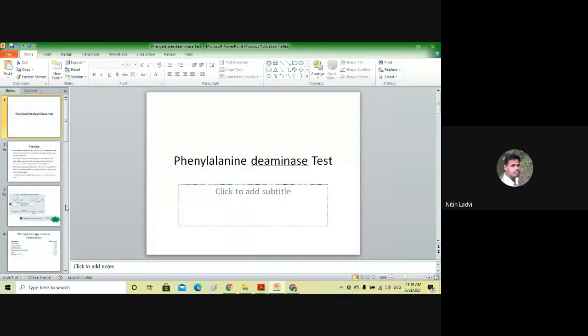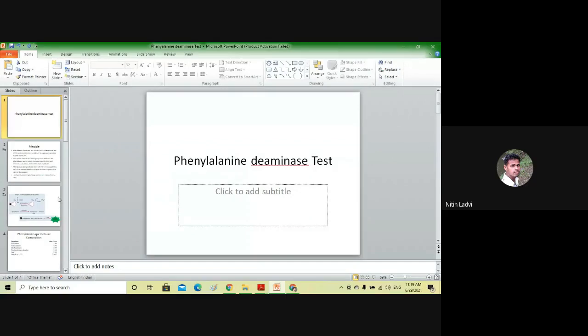One problem commonly arises if you perform this test for Pseudomonas aeruginosa. As you know, Pseudomonas aeruginosa itself produces a green pigment, and that can cause confusion. Pseudomonas aeruginosa is phenylalanine deaminase negative; it does not produce the enzyme, but it may give a false positive because the organism has its own pigment that looks similar.